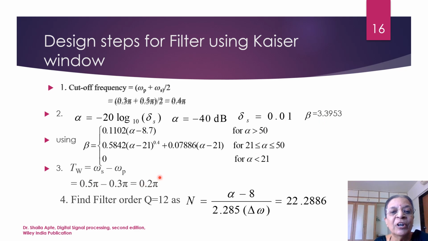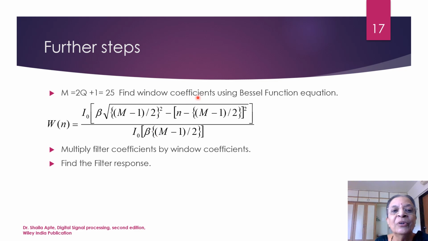Now, transition width is 0.2 pi. To get this transition width, I'll have to calculate the value of the filter order using this equation. I know the value of alpha. Then I put the value of transition width in this case, and I'll get the filter order as 22. So what should be the value of Q? The filter order is 2Q plus 1. So I'll have to use the value of Q accordingly. So the value of Q I can use is equal to 12. Okay, so I can consider M as order roughly 25, just higher than that so that I meet the